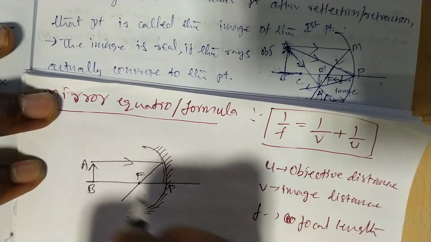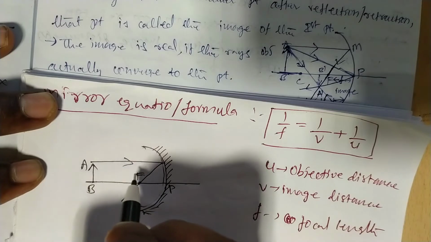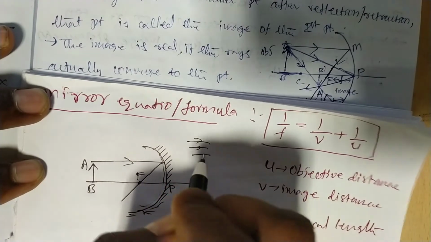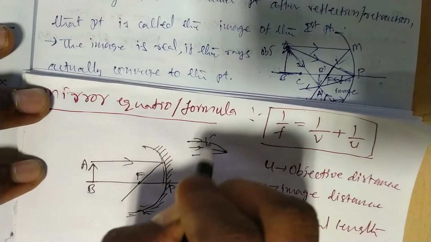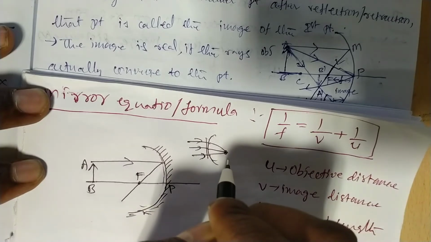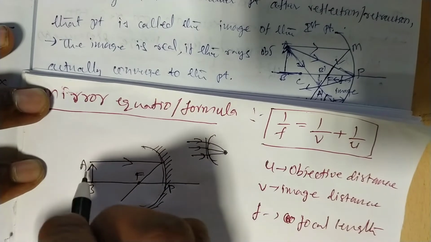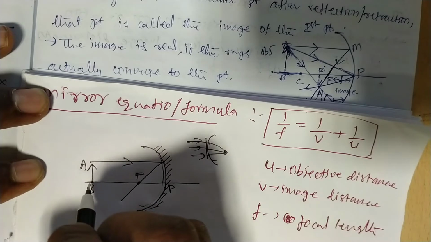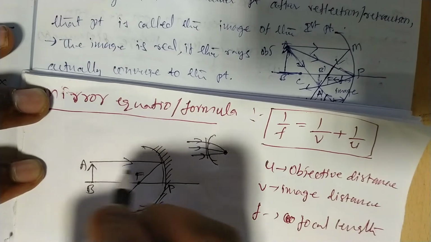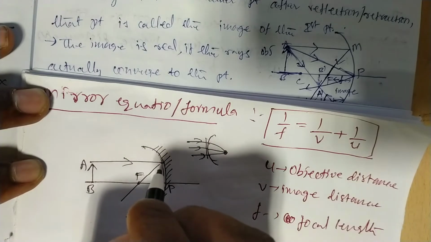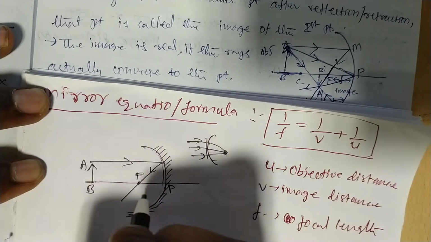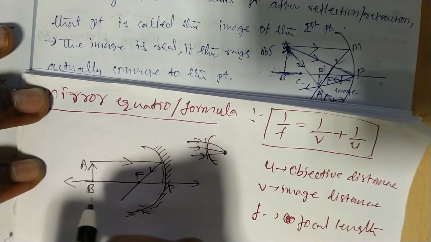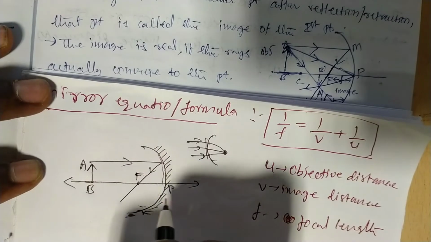The focus point was explained in the previous chapter. Focus point means the point where a number of reflected rays merge at a certain point. This point is called the focus point. AB is the object and emits the light ray. It falls on the mirror and is reflected through the principal axis. It is the principal axis.